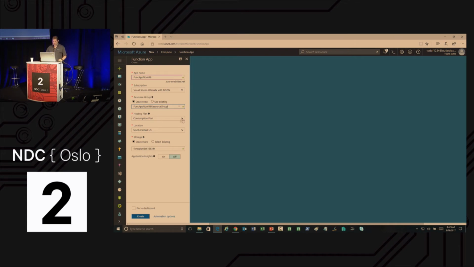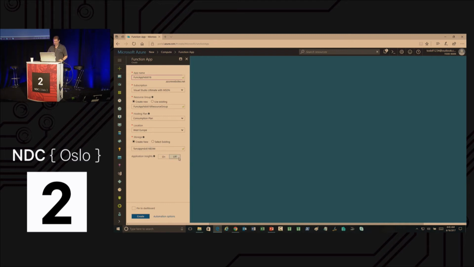Now, there's a couple ways to host this, these hosting plans. I've included extra slides in here, again, for anybody that downloads the slide deck, to explain what these are, but basically it's just different pricing plans. Depending on how you're using it, how often it's being called, what it's doing, there's different ways to consume it or host it that charge you, like one uses VMs and one doesn't, that kind of thing. So I'm just going to use what's called a consumption plan. Let's try West Europe. And I'm going to let it create a new storage account.